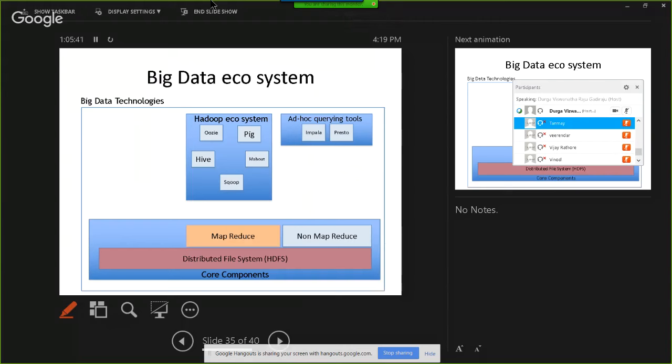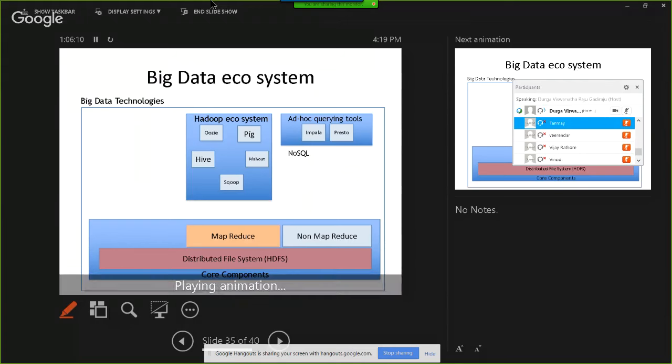The reason why I mapped it to non-MapReduce is, when it comes to MapReduce based tools, these tools will not have anything related to Hive or Scoop on the cluster. They use MapReduce for processing and HDFS for file system. Whereas Impala, if you want to run an Impala query on the cluster, you need to set up something called Impala D on the cluster. On top of existing components, each of the nodes has to have an additional process. Because of that only, it can actually run in ad hoc fashion. It is bypassing MapReduce and it is using its own architecture.